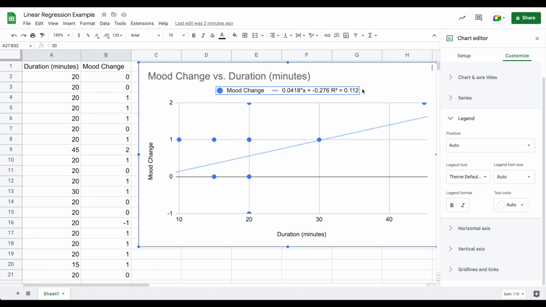And that's why it's good that this is a personal activity for you, because you have a lot of context. You know yourself pretty well at your age. So you should be able to say something interesting about why the data ended up the way it did. Okay. But that is how to get your data into a scatter plot with a line of best fit